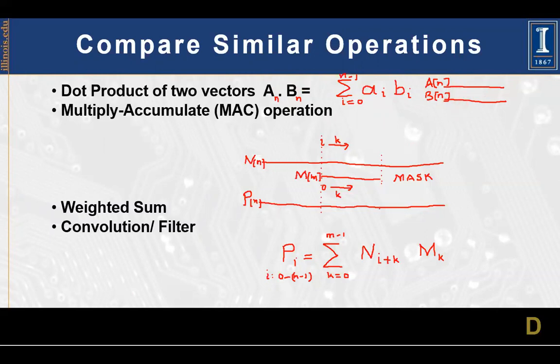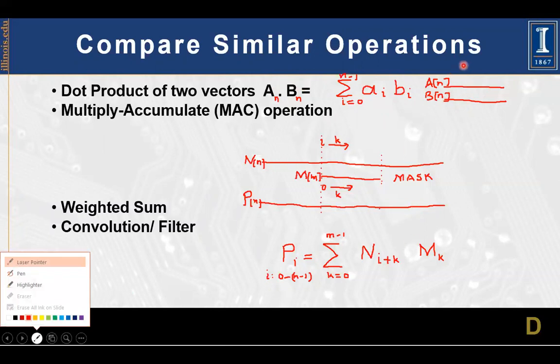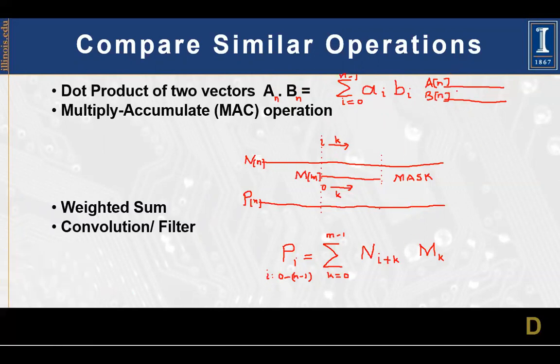You multiply, like in this case, this vector has A0 element, it has B0 here. And then there are A1, A2, etc., and they end up at An minus 1. So this is a vector. This is another vector. It starts from B0, B1, B2, B3 and it ends up at Bn minus 1. That makes a vector of n elements, right? So these are the two vectors.